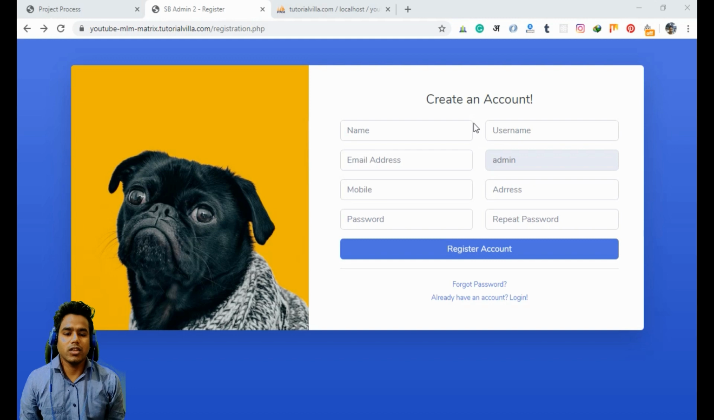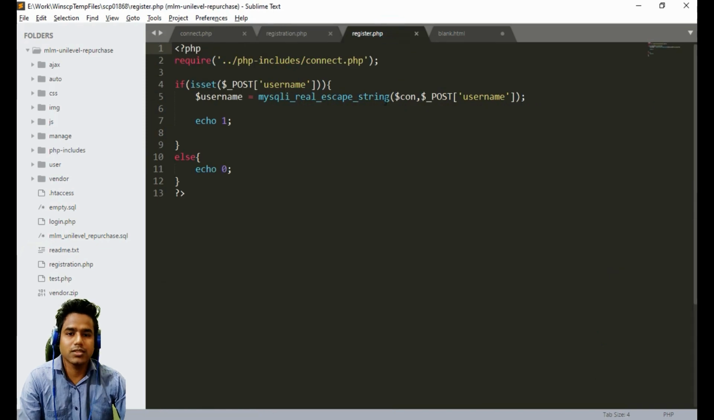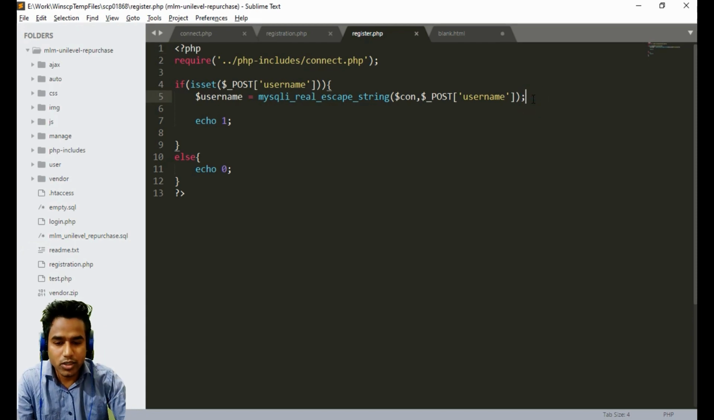So we have sent all the information to our PHP by using Ajax. Now we have to actually insert the information into our database. For this we have to open the register page, which is inside the Ajax folder. And now we have to store all the information here from our HTML page, and we already stored the